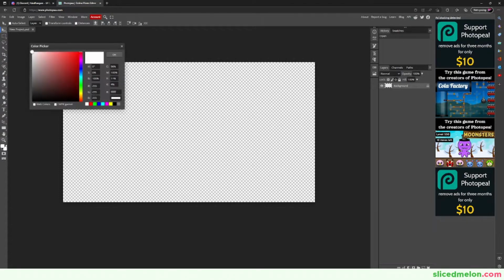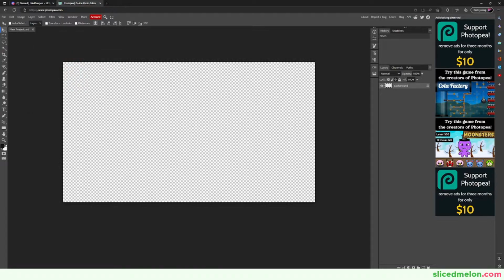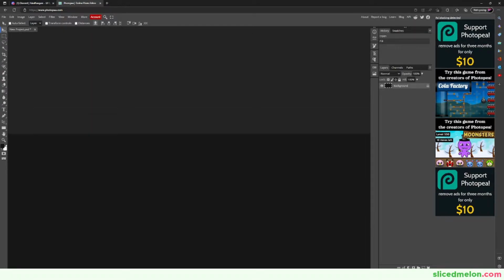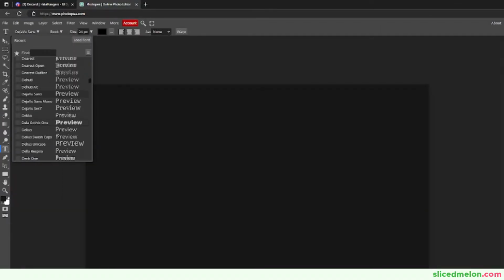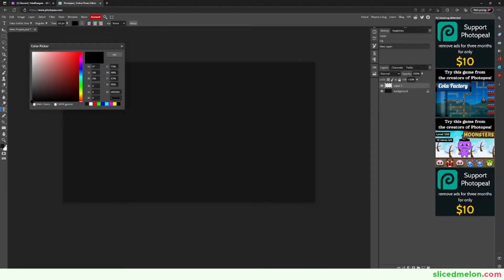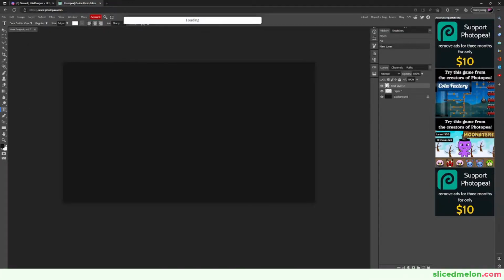Now that we've done that, we're just going to go here and get a dark grey and then hit Alt and backspace, which makes our background grey. Next, let's make a new layer. Go to our text tool and we're going to find a font that we would like to use. I'm going to use this font, then make our color white, and I'm just going to type out melon,